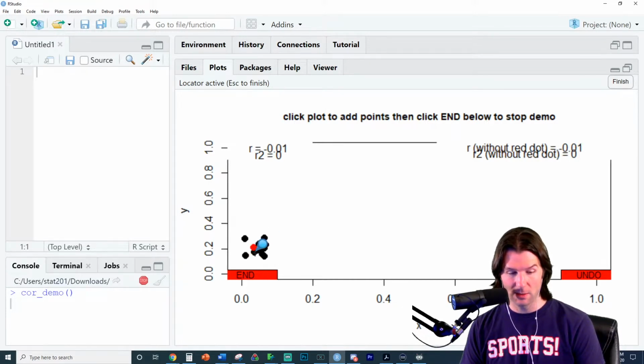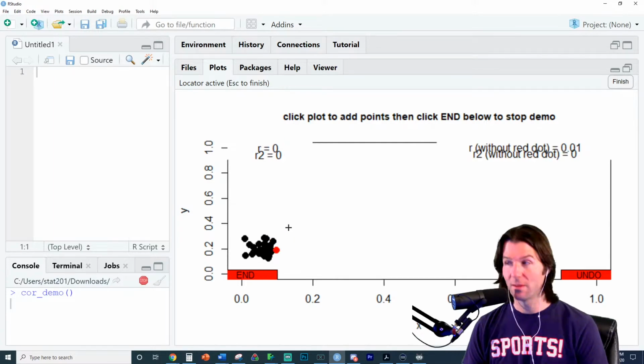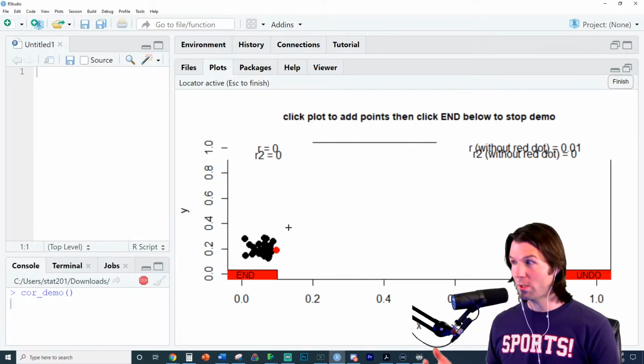I want to get it exactly 0. No, I went way too high on that one. So if you look, we're getting a really weak correlation. I keep on making it go too extreme, but eventually we'll get 0. Eventually, it's trolling me. Okay, so I need to go up here. We are so close. There we go. It was worth it. We got a correlation of 0.